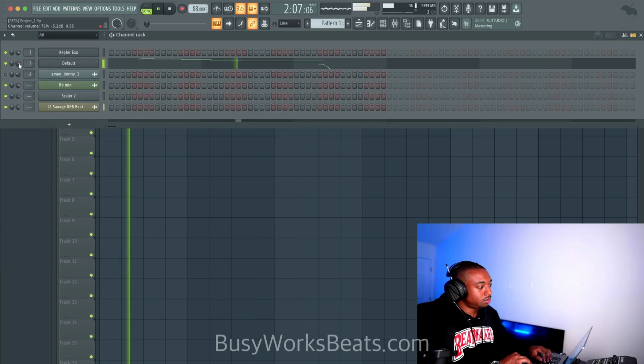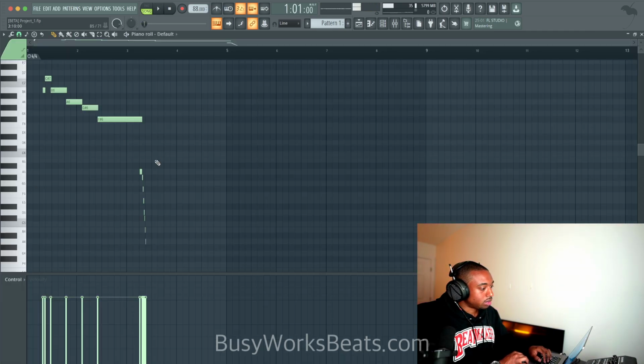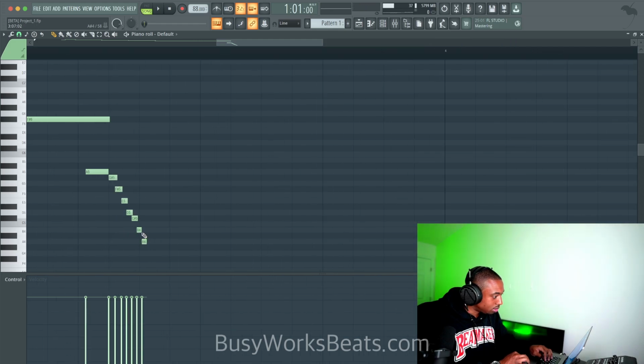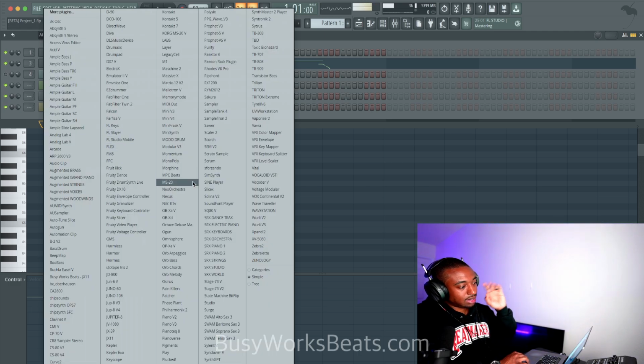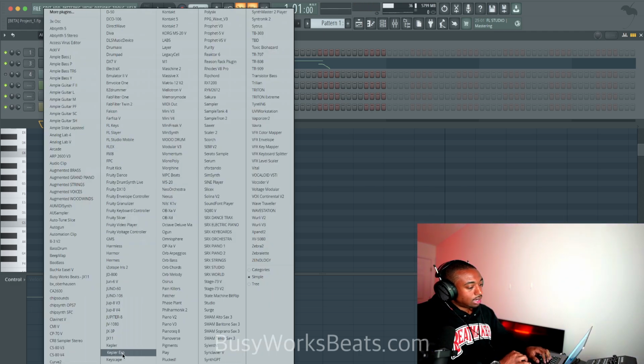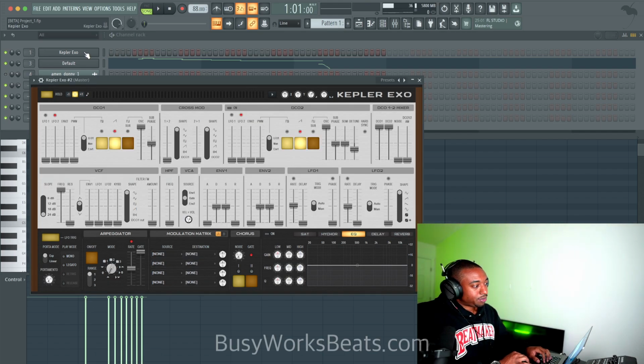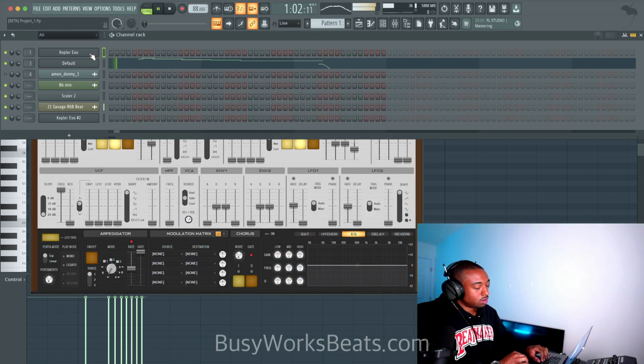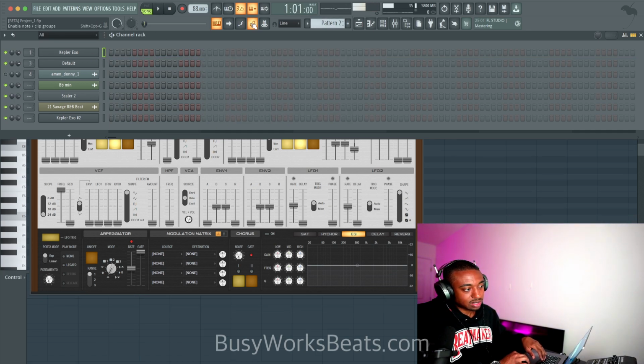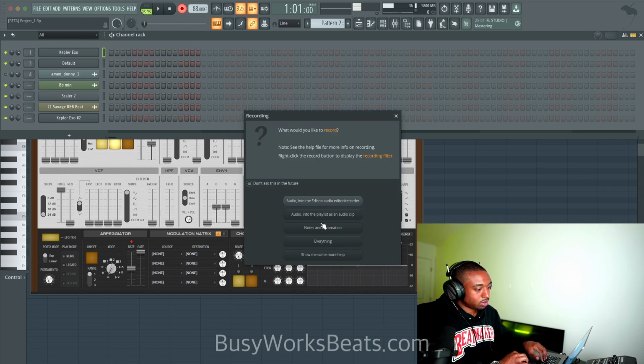We got that last tone here. Okay, so next what I'm going to do is create a synth that's kind of quirky. Let's load up a new synth. So this bass, I really like the bass from this. Let's record that.